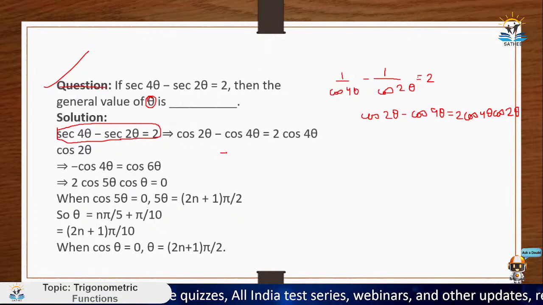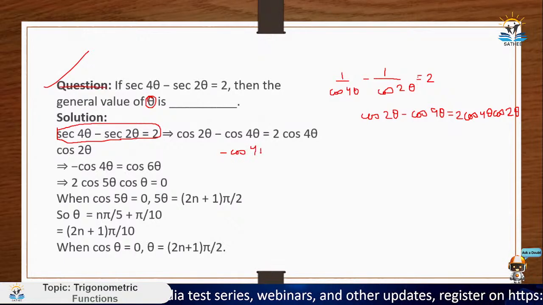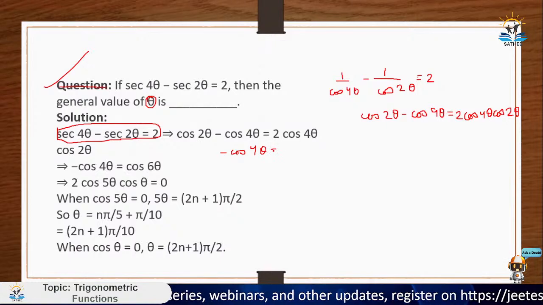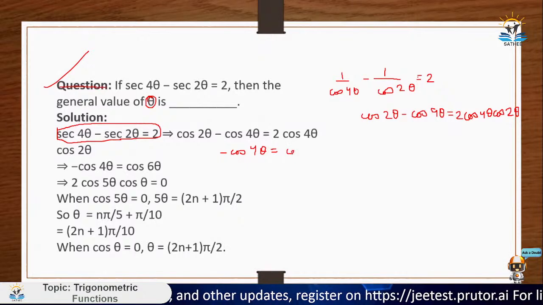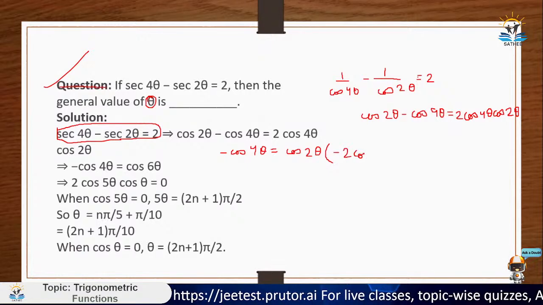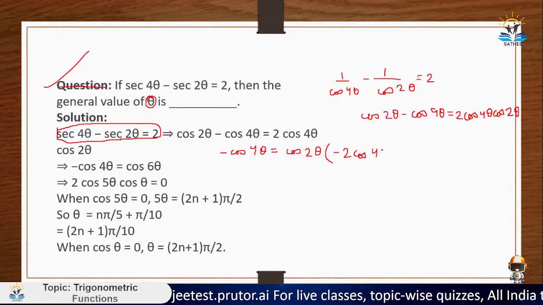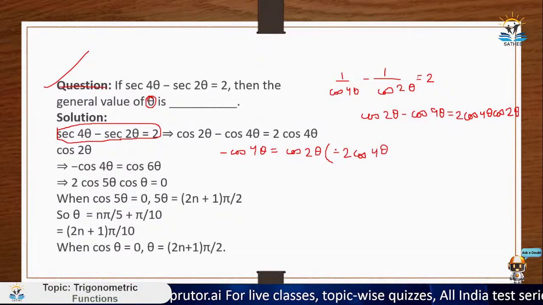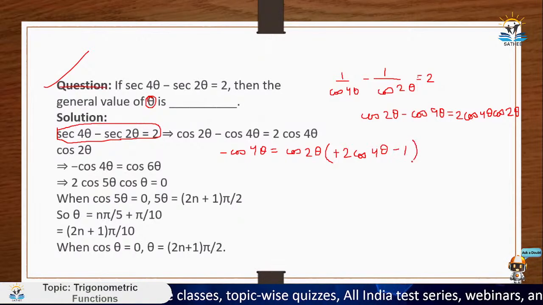So from here, you can take minus cos 4 theta equal to, take cos 2 theta common. You will get minus 2 cos 4 theta, cos 4, minus not plus, sorry, 2 cos 4 theta minus 1. Okay. Then from here,